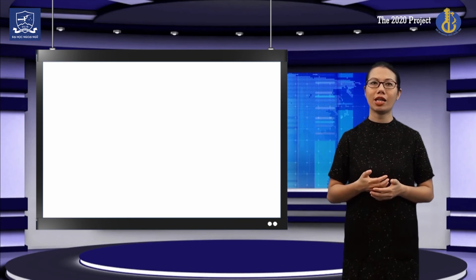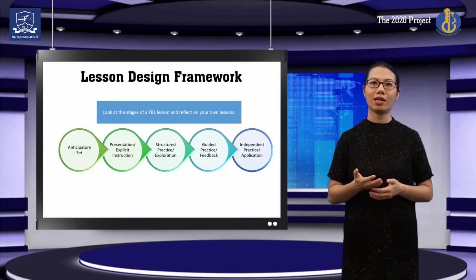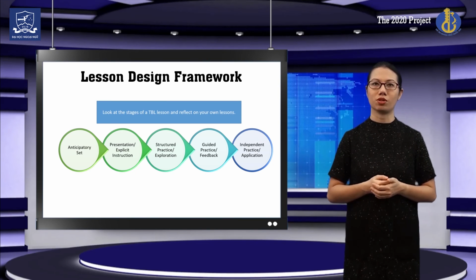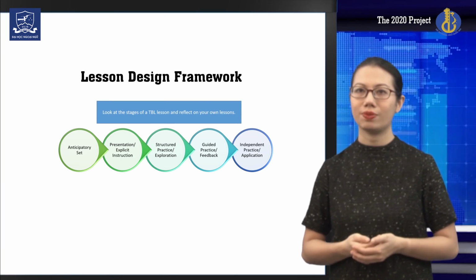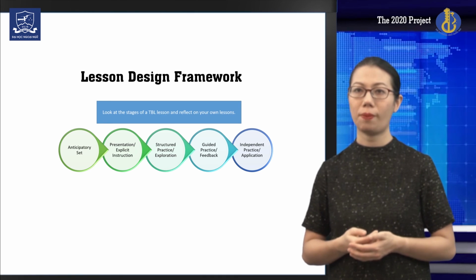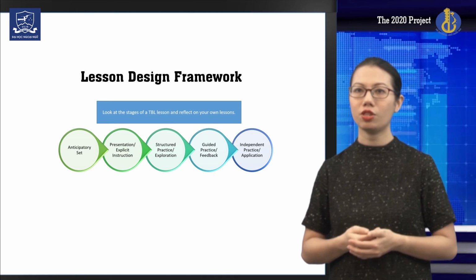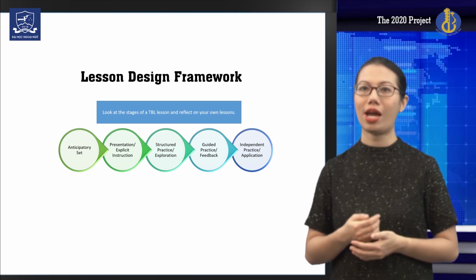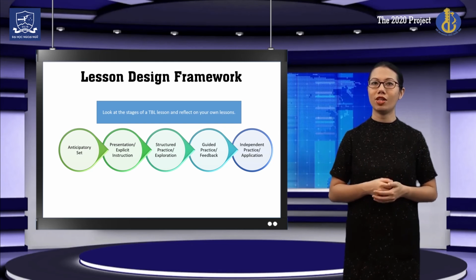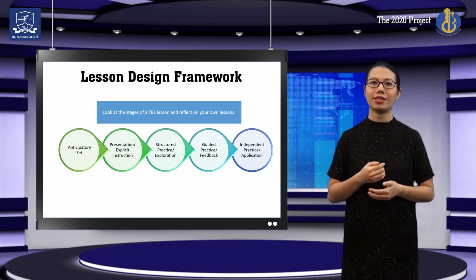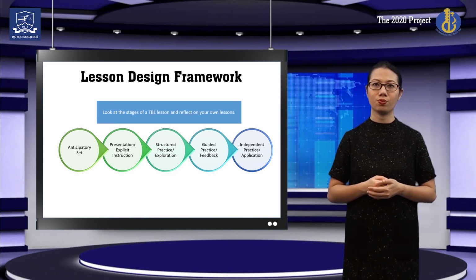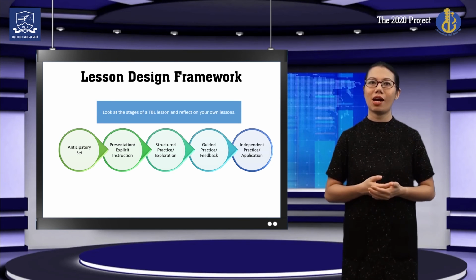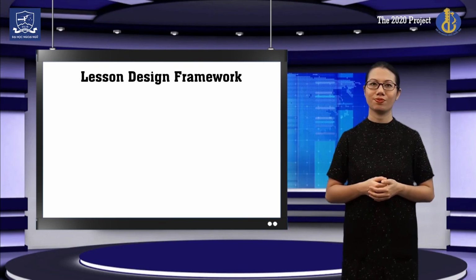Actually, the difficulties in defining key stages of a TBL lesson highlight an important point when using these frameworks. They are all outlines and are useful for general reference, but they are not rigid. They are really useful when you're starting out, and I honestly do still refer to them now and again. Even so, the more confident you become with your own teaching practice, the more you will shape these frameworks, extend them, try stuff completely new, etc. In the meantime, I do hope the summary above has helped to clarify a few things.